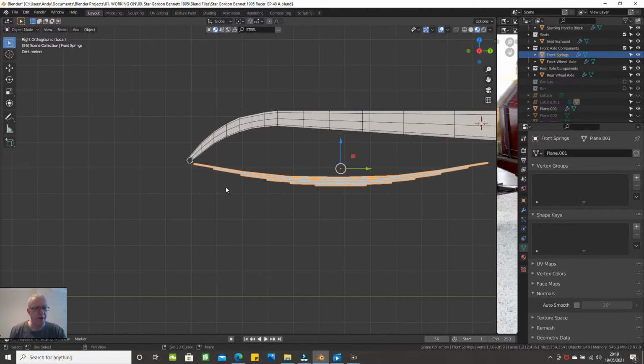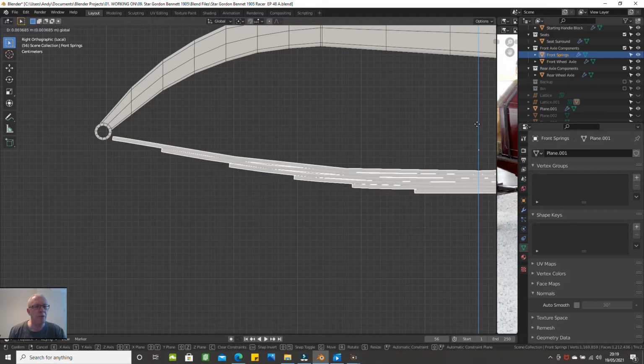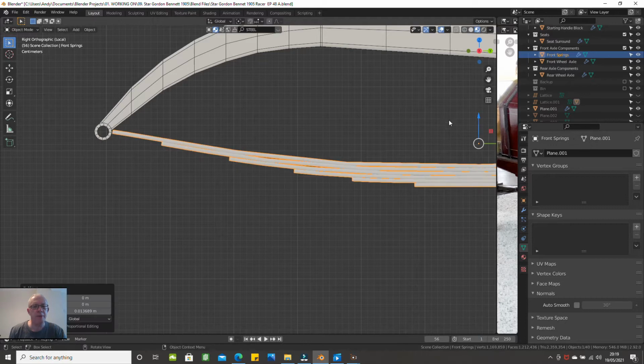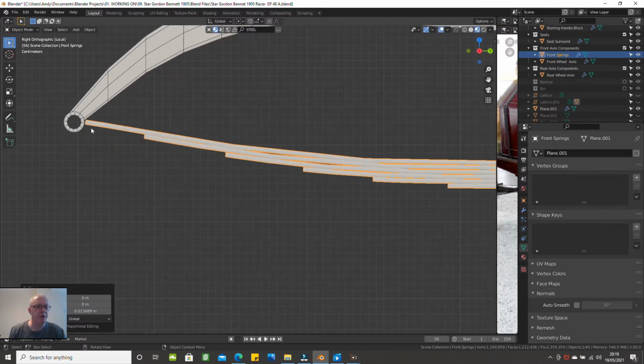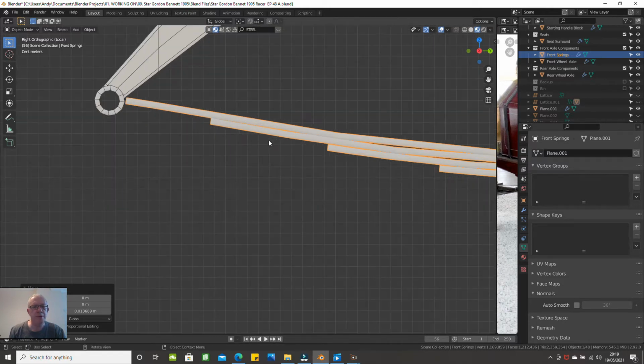What the spring needs to do is to go up into there. So I just need it to go up a little bit more. Okay, to about there. Now the spring will go around there and through this hole. So what I want to do is